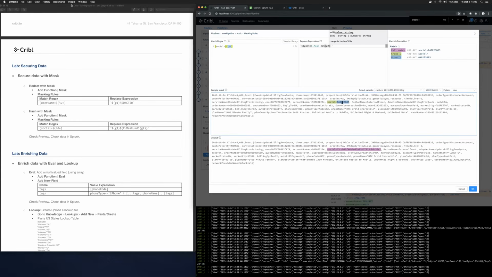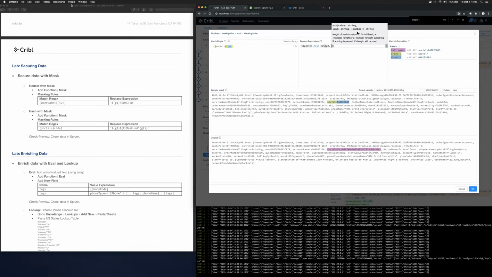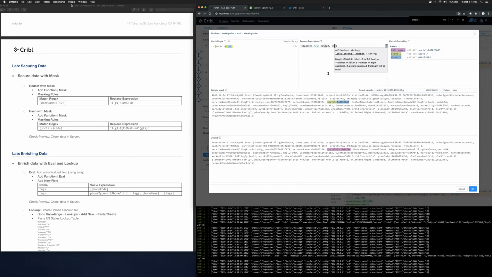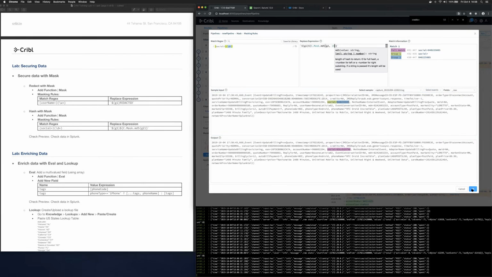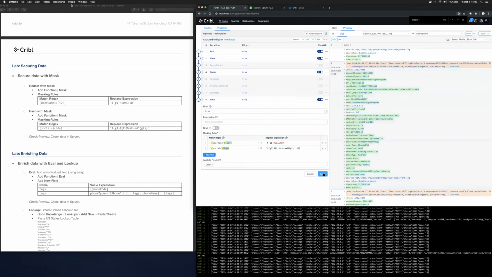Obviously this is way too long, but if you want it to be a little bit more precise, we've overloaded the MD5 function here, so you can pass a length parameter. So you can say, keep it at 10. So you scramble it, and then you just keep the first 10. So if I say save here,